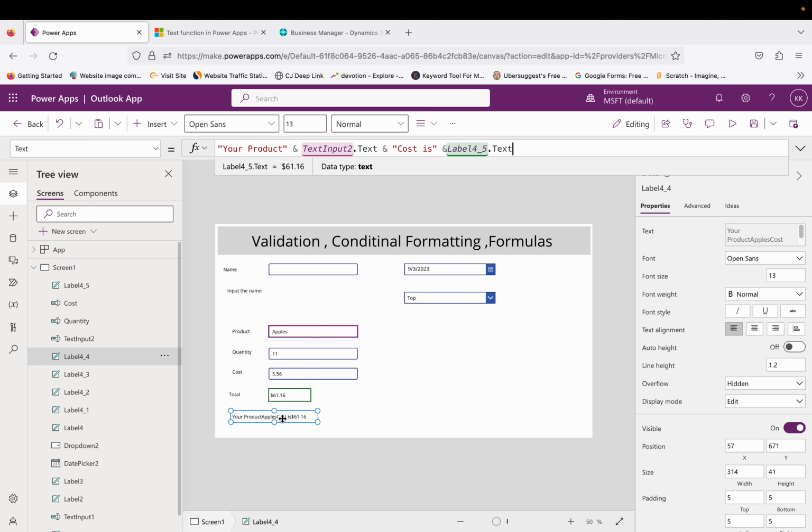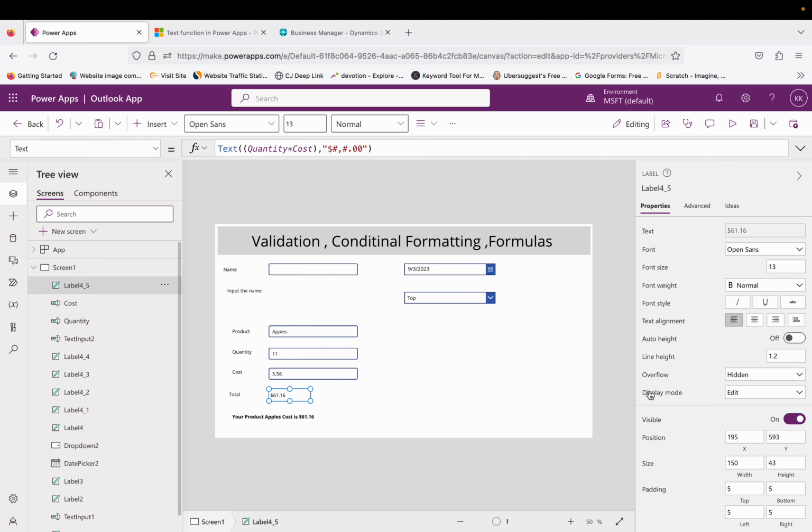Now it does not look fine, so let's fix it: your product apples cost is this, right. Let me make it bold as well,